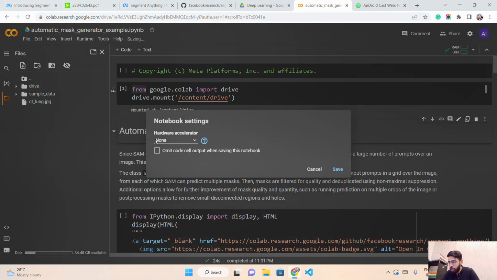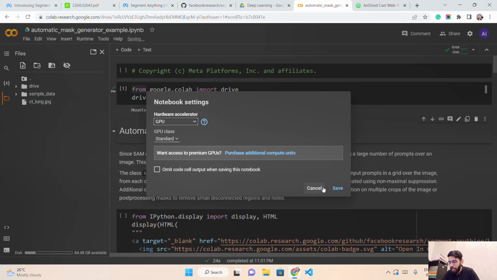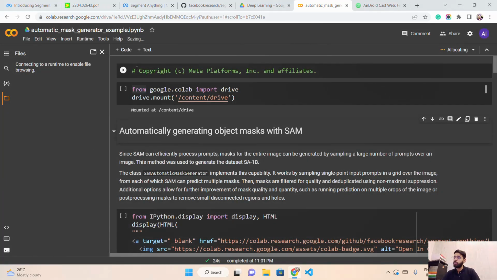Let me just have a look. Okay, runtime is not GPU, so again I have to make those changes. So I'm changing the runtime to GPU because this Segment Anything model requires GPU to run this notebook, and also to make this inference. So once it is done,